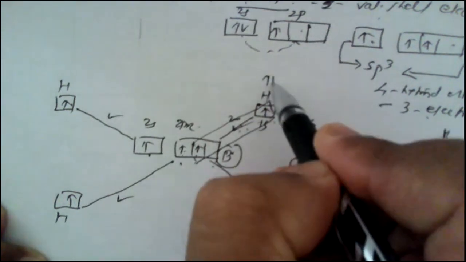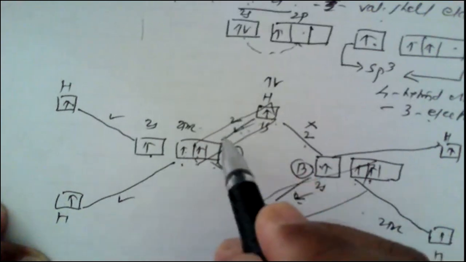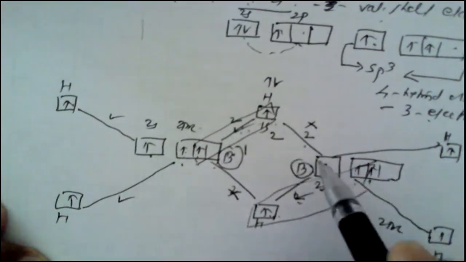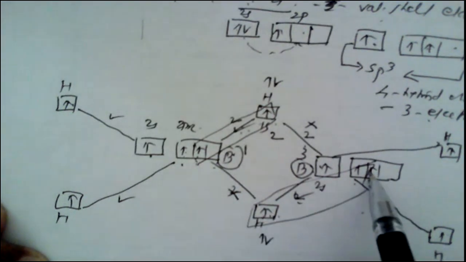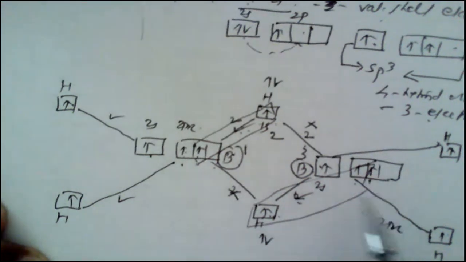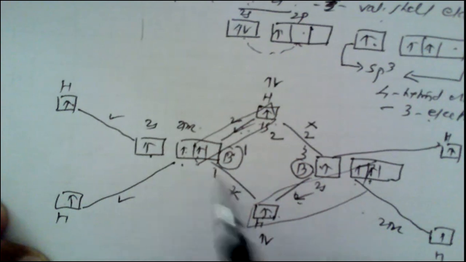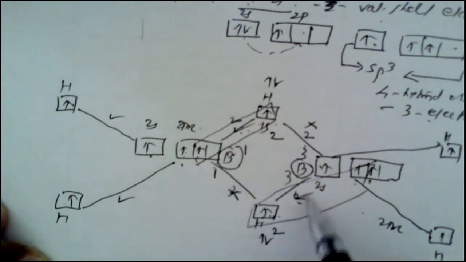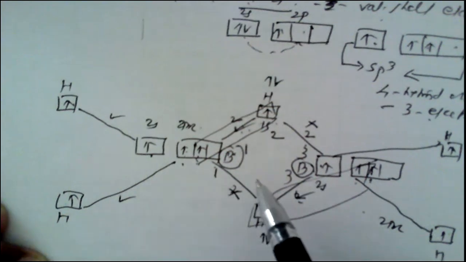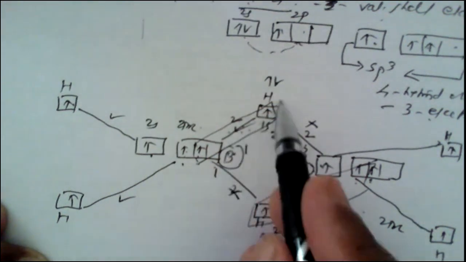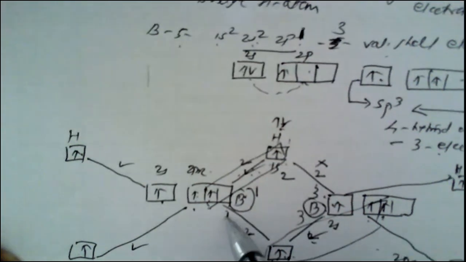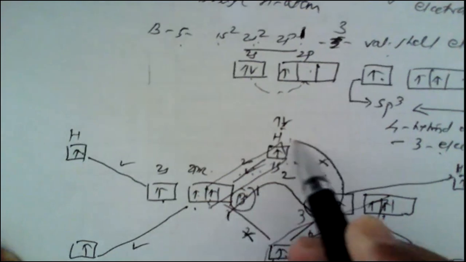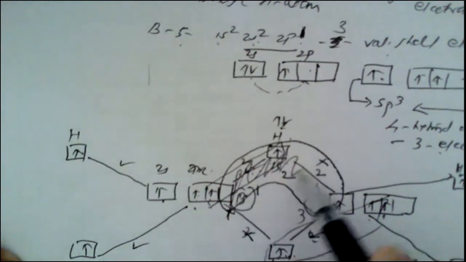Now here there are 2 electrons. They have the job to join boron, hydrogen, and this boron. Similarly, here 2 electrons are there, 1 electron from hydrogen, 1 electron from boron, and they have a responsibility to again join boron, this hydrogen, and boron. So 3 centers are there, and these 3 atoms, boron, hydrogen, boron, are to be joined by 2 electrons. So whatever electron density of these 2 electrons is there, that is spread equally over the 3 atoms like this. So this is known as a